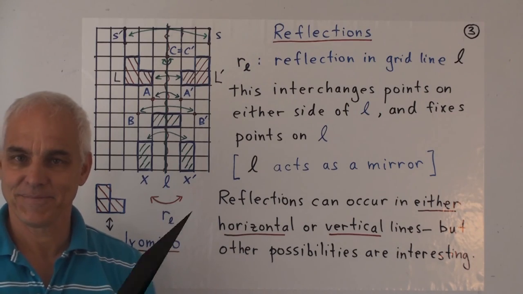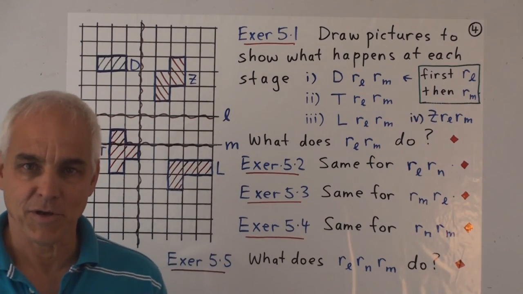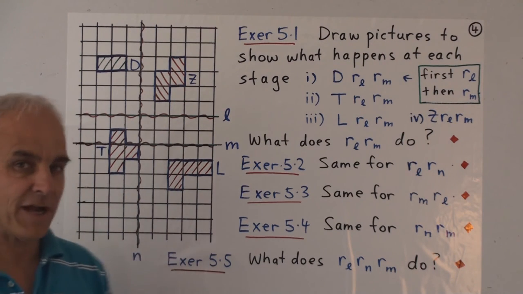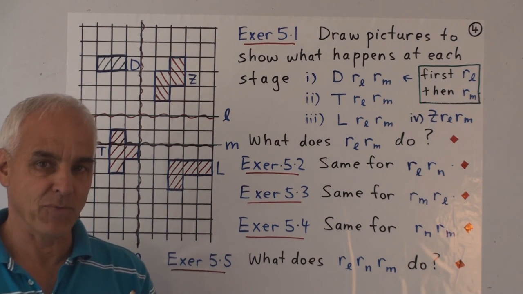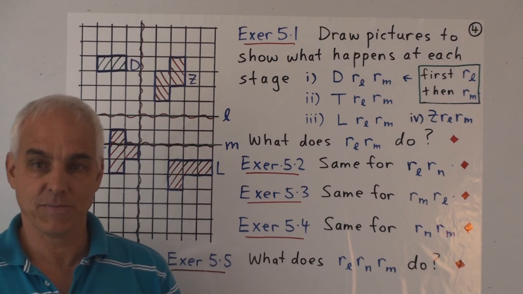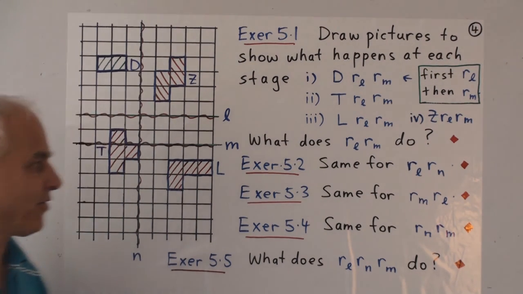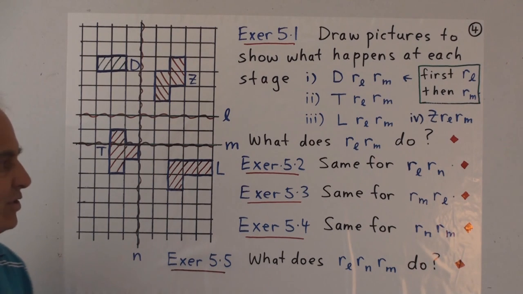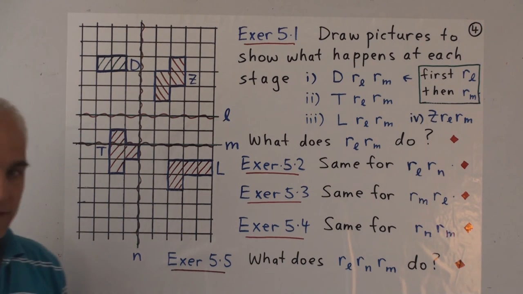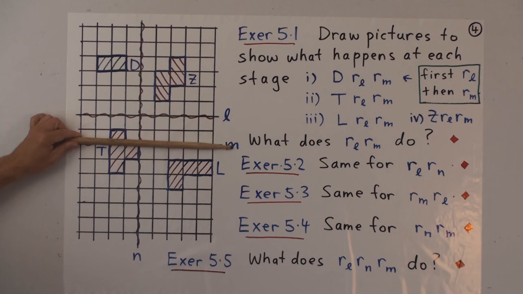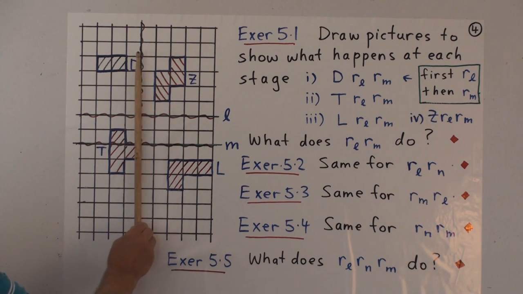All right, so remember that we usually get some exercises to do, and here are some exercises that let you play a little bit around with this idea of reflection in lines, which is actually a very interesting idea, and it's a lot of fun playing around with reflections, in fact. So we're working in this grid plane here, and we have a few special lines defined. So this line here is the line L, this line here is the line M, and this vertical line is the line N.